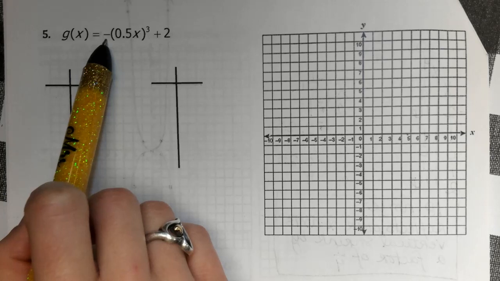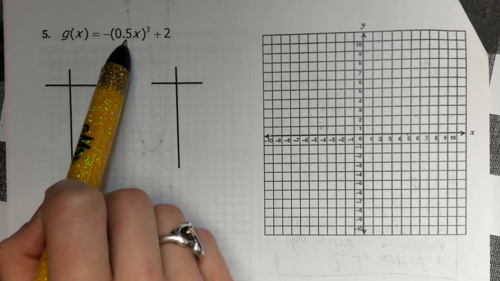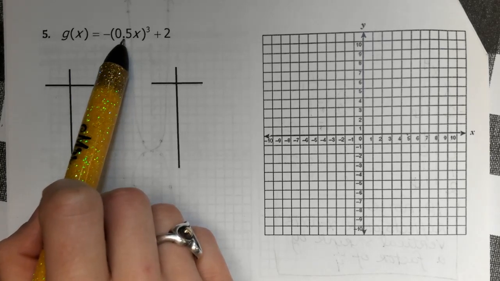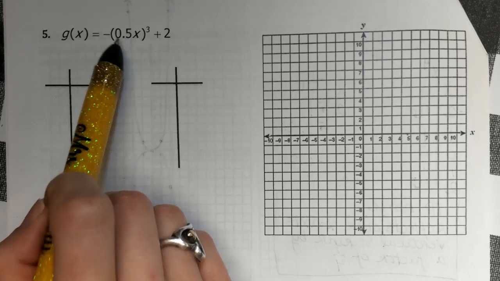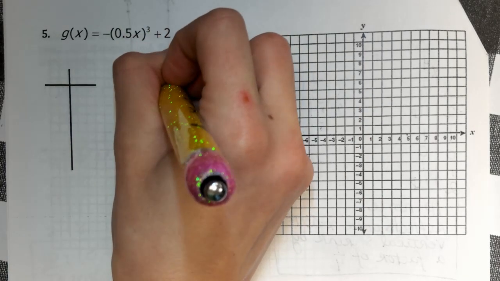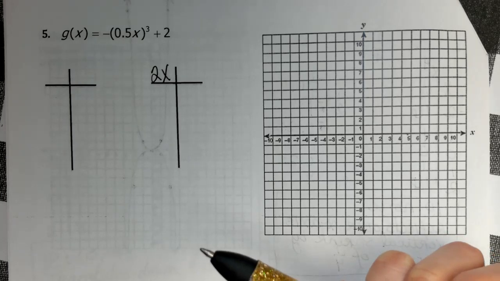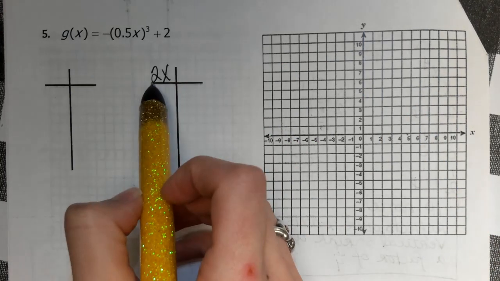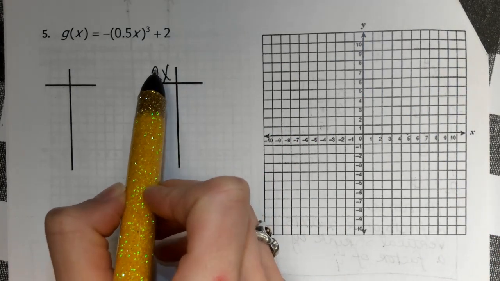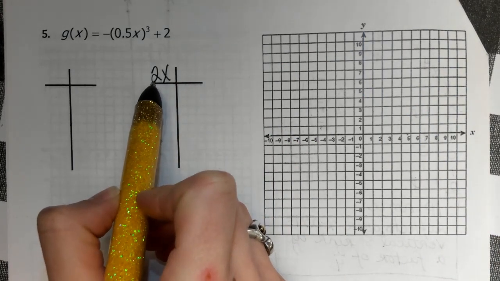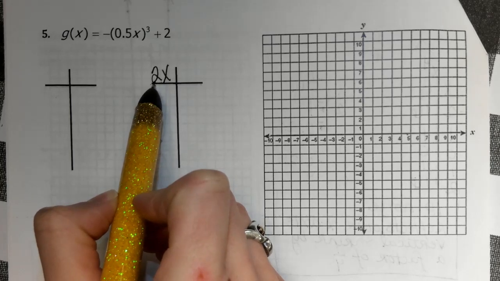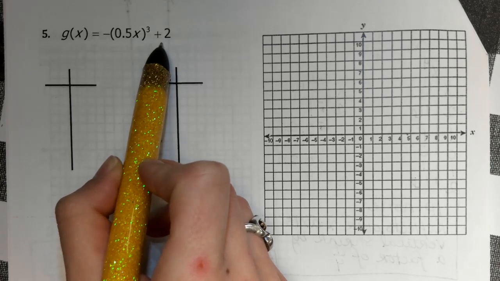Over the x-axis. Now this 0.5x, it's inside parentheses, so what is that going to make it? You're going to multiply it by 2. It would be 2x here, so it would be what for my transformation? Horizontal stretch. Okay? It would make it a horizontal stretch because you're multiplying it by 2. You're multiplying it by a number greater than 1. Okay? And then this plus 2 tells me,